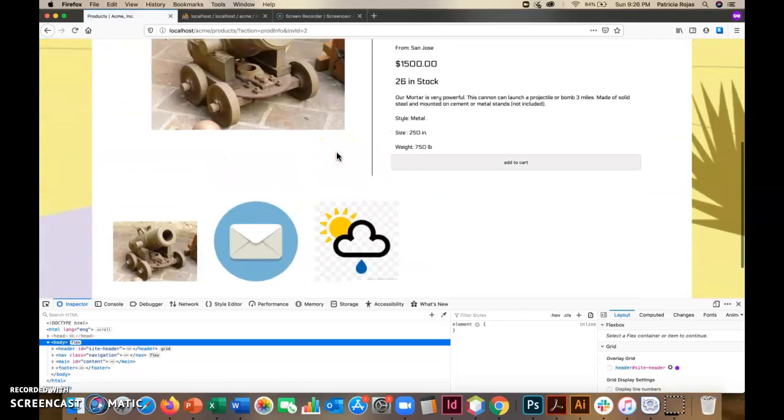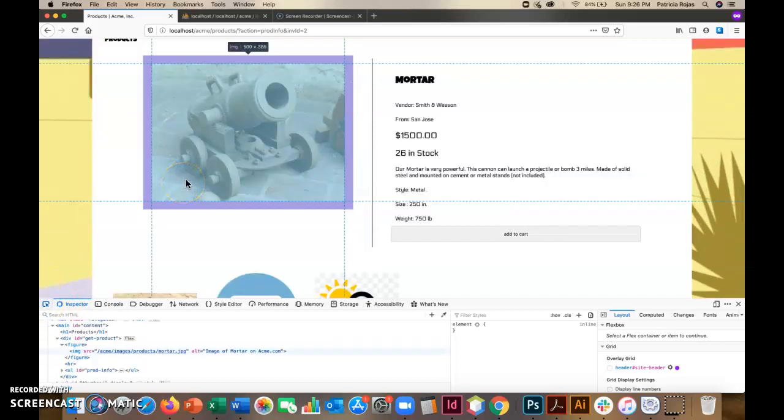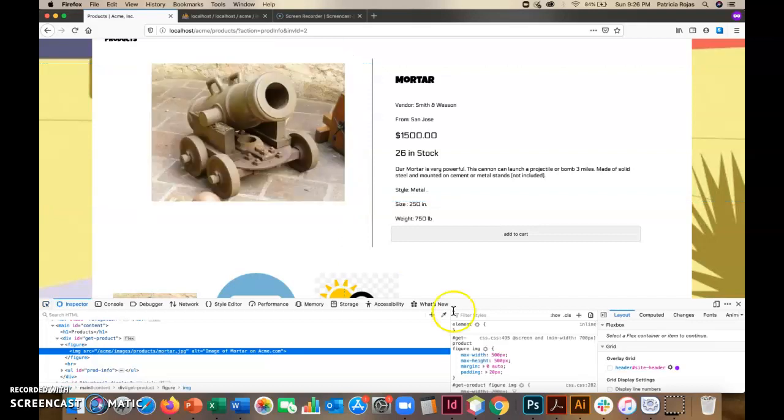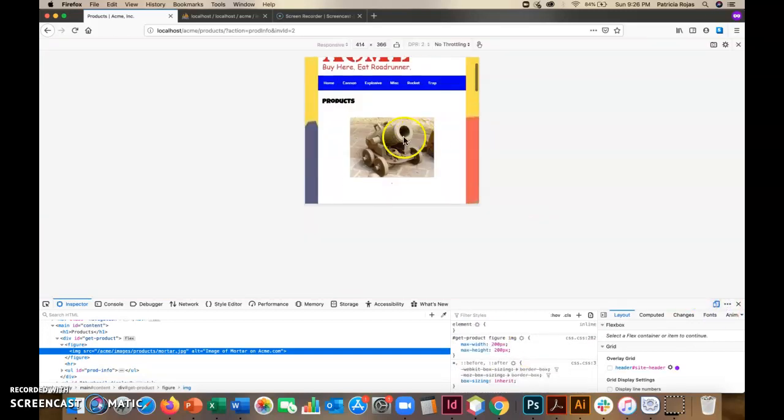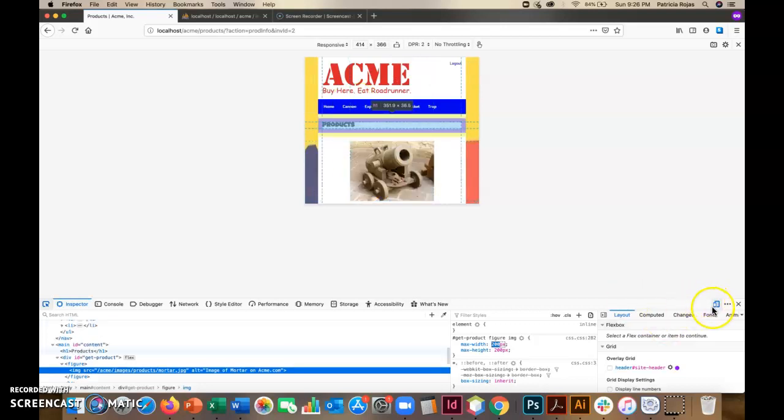I believe I haven't, but all the images are going to be the big image with a max width of 500 pixels, and if it's a little image, here it is, it will be 200 pixels. Yeah, so that's basically the enhancement,